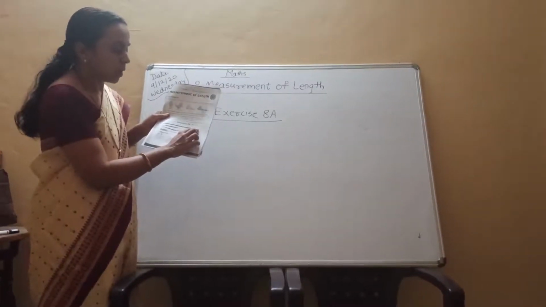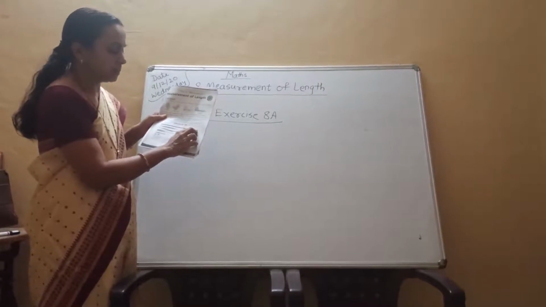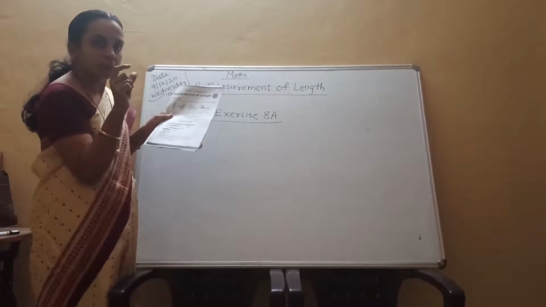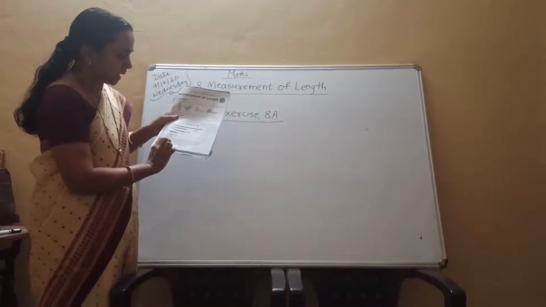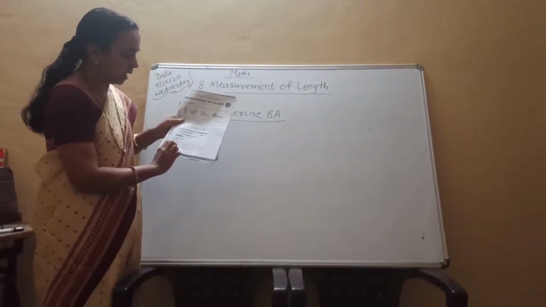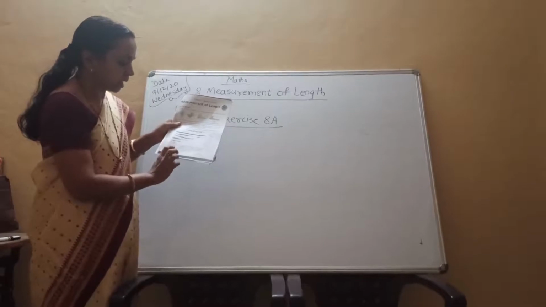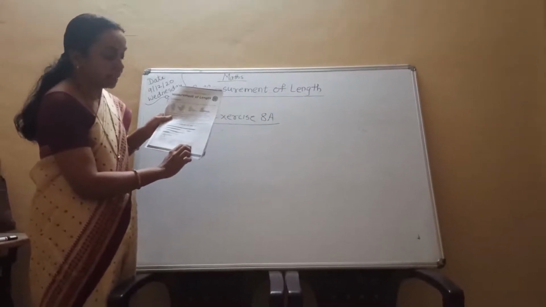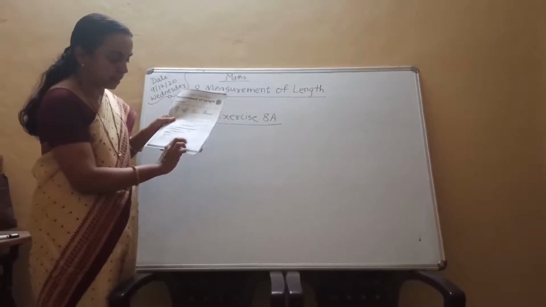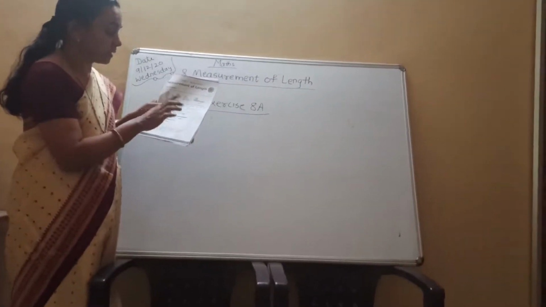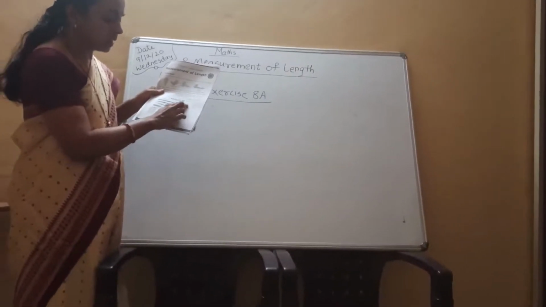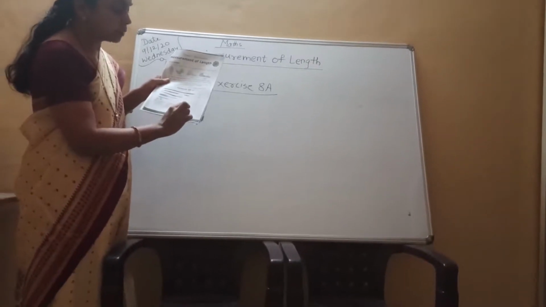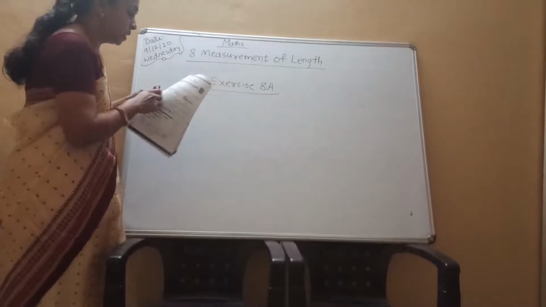One blank box is there, centimeter. Centimeter means cm, the short form of centimeter. On your scale you can see CENTIMETRES, this is the spelling of centimeter. And on this side, inches. One side centimeter, one side inches. Our question is: write down the length of the object in the box. So what is the length of this pencil? That is 14. So you write down in the first box 14